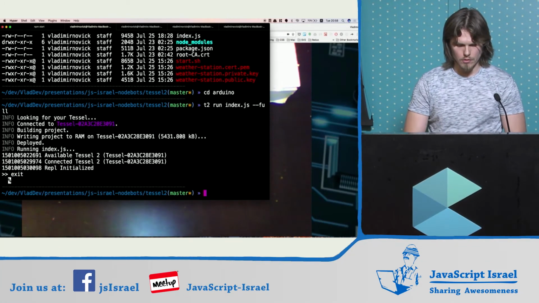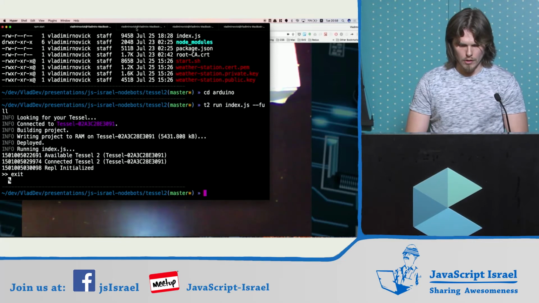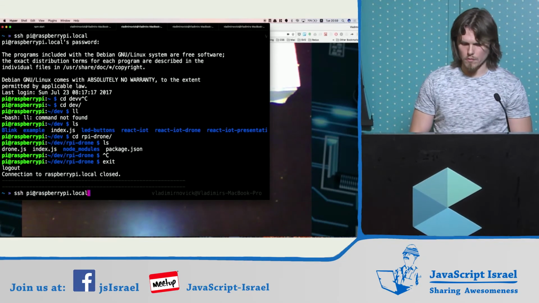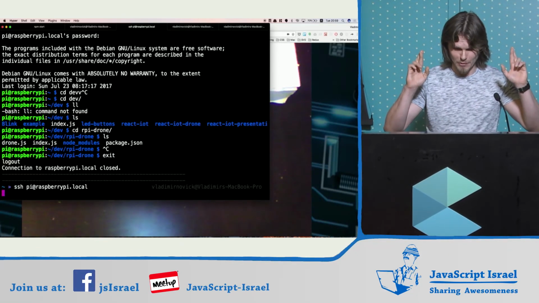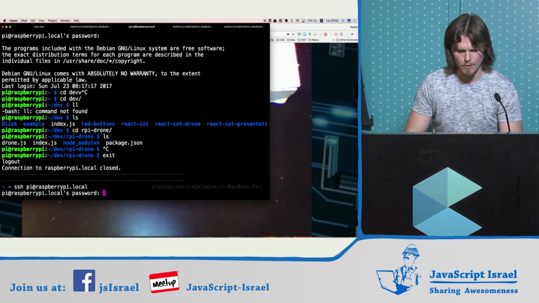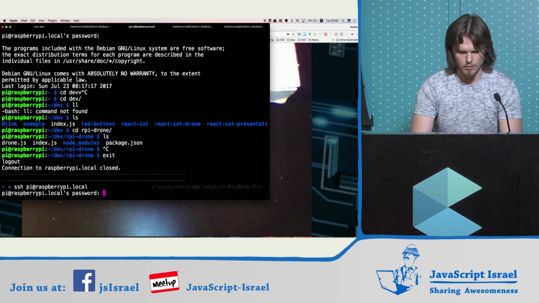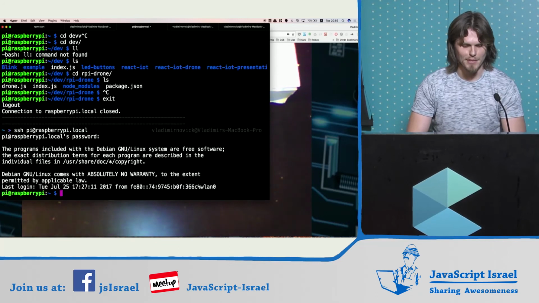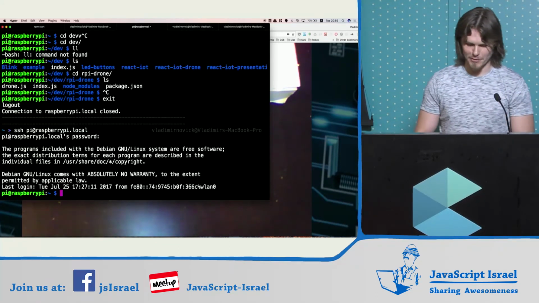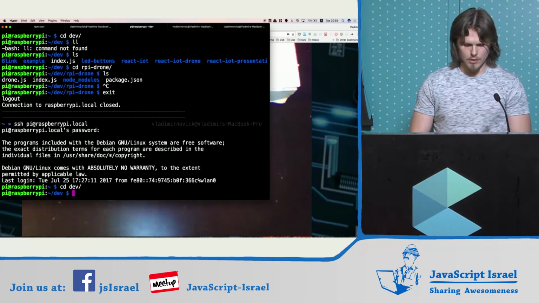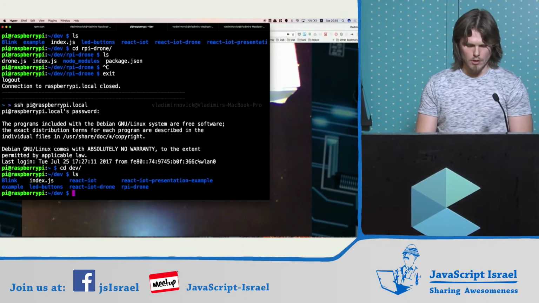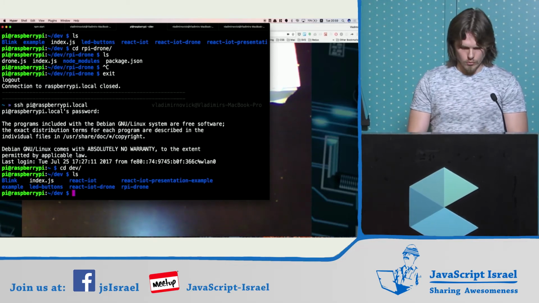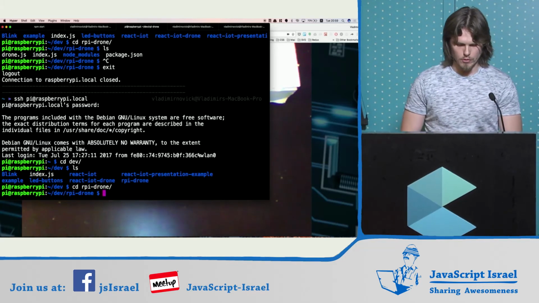And let's do the following. Let's SSH to our Raspberry Pi. Hopefully, yeah. Wait. I'm excited, so I make mistakes. I didn't make a mistake in my password, so that's okay. Okay, so as you can see, it's just a Linux machine. I have a bunch of libraries here. What I will do, I will connect to the RPI drone